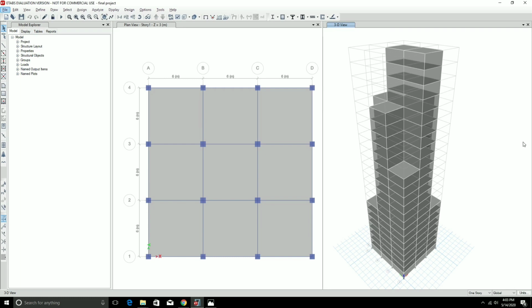Today I am going to do a seismic analysis on a building model. I have already defined the columns, beams and slab and their properties. Now I am going to define a seismic load. For that I have to go to the design menu